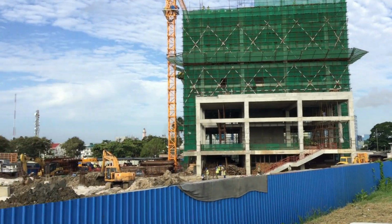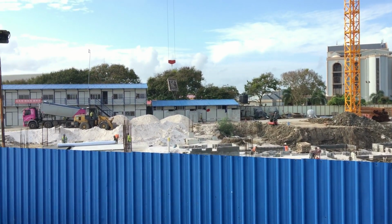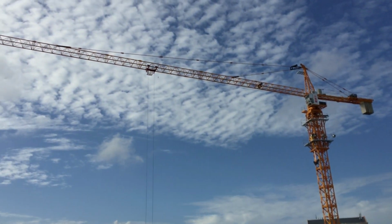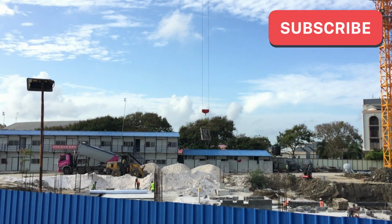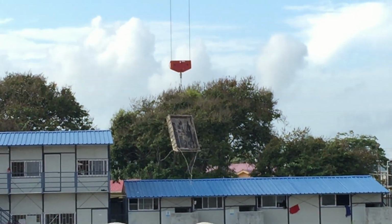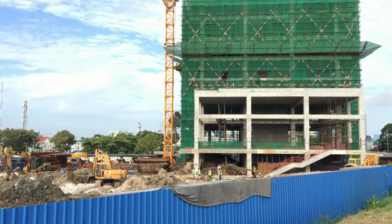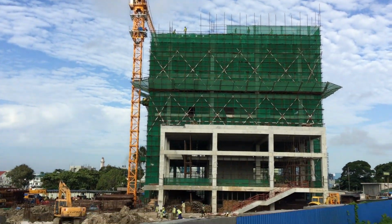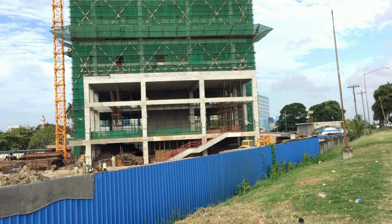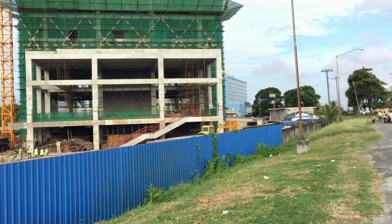In fact, the foundation for the convention center is also making progress. You can see cranes working, moving stuff around for the foundation. So what is interesting here is that you can see the inside of the building, you can see the superstructure, you can see that the frame of the building is complete,